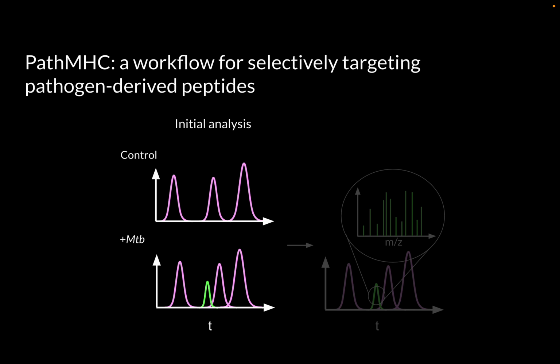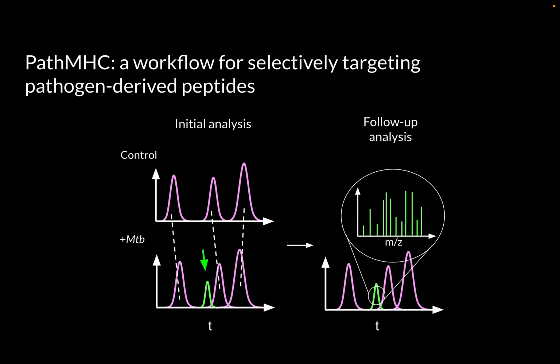In this workflow, we split the MHC peptide sample into two parts, and first carry out an untargeted mass spec run comparing infected cells to an uninfected control. We then computationally identify peptides that are present in the infected cells and not in the control, and were not selected for isolation and identification during the mass spec run. Finally, we carry out a targeted follow-up run on the second half of the sample to identify these peptides. This lets us achieve greater sensitivity and prioritize peptides that are specific to infected cells.